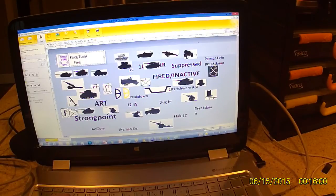Where? There you go. So this is an example. It's probably not the nicest looking label you've ever seen, but I spent a lot of time on these when I first started doing it,